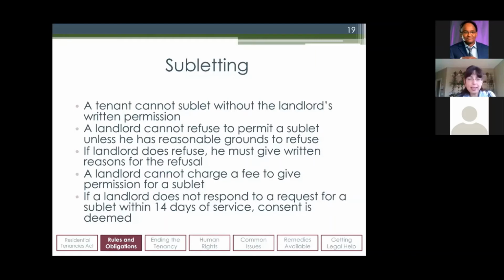The landlord cannot charge a fee to give permission for a sublet. And if you ask the landlord in writing to let somebody else live in your space and 2 weeks pass and the landlord does not respond, you can assume that the landlord agreed. And so then you can just let the person go in and have your own agreement with the person to whom you are subletting. It is really recommended that you,